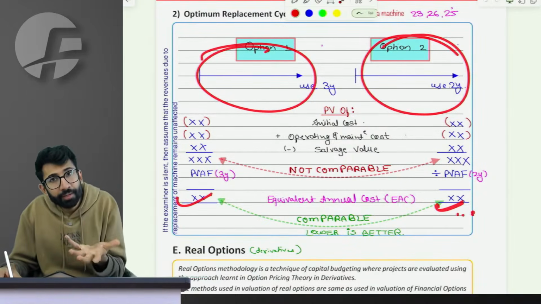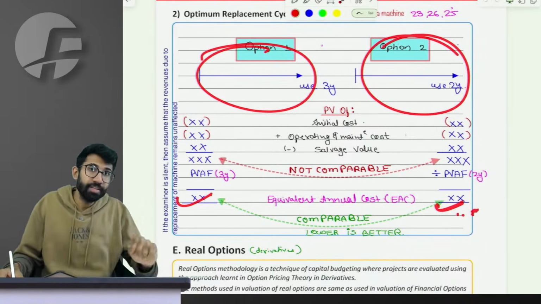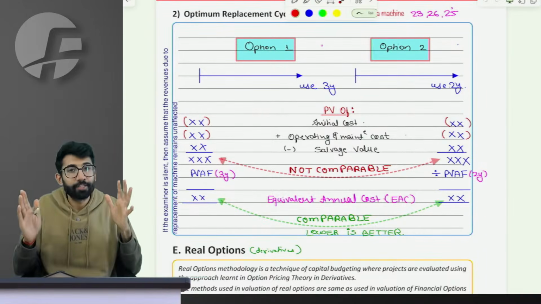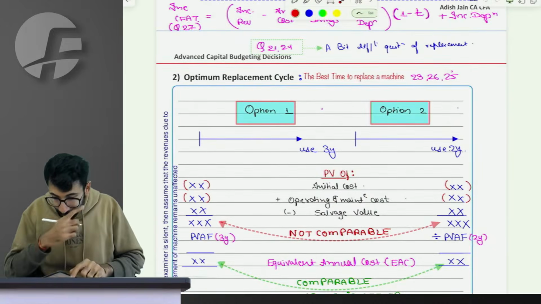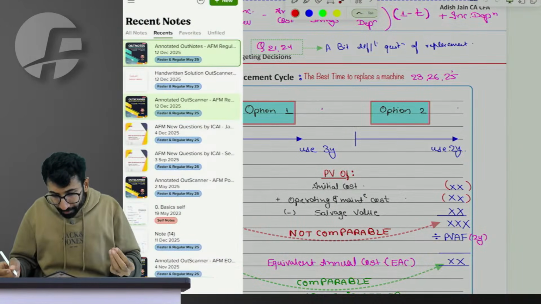So what is the better deal? To use it for 2 years, sell and buy new again, or use it for 3 years, sell and buy new again, is the choice you have to make. I hope I could explain this entire concept to you, based on which will be the practical questions. All these questions are practically really easy.